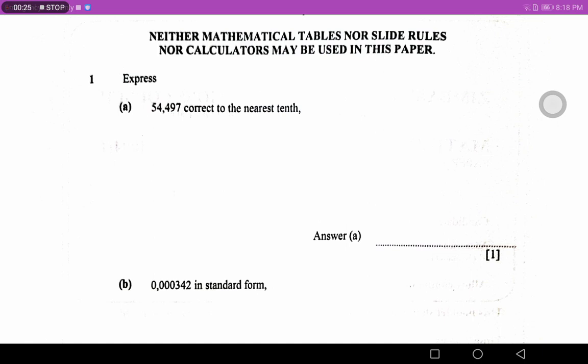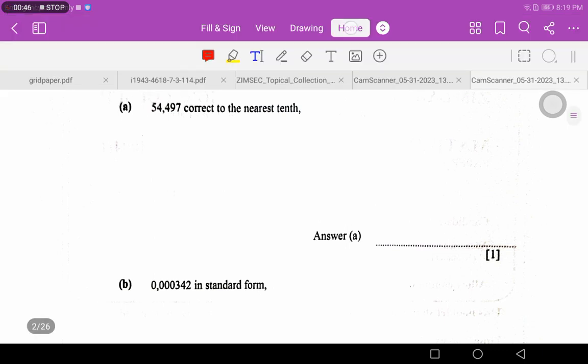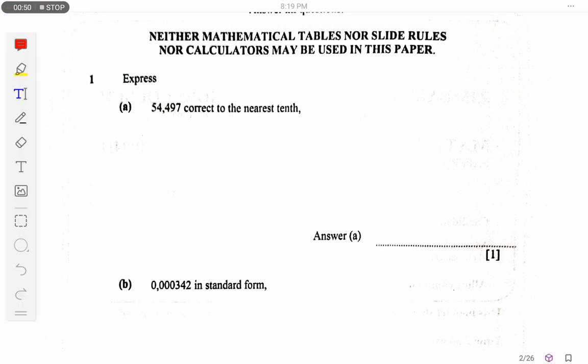So the first part of the question is saying neither mathematical tables nor slide rules nor calculators may be used in this paper. So what it means is we are not going to be using any calculators. So we'll try to help each other how to go through such a paper when we are not using a calculator. Okay. So the first question is saying express